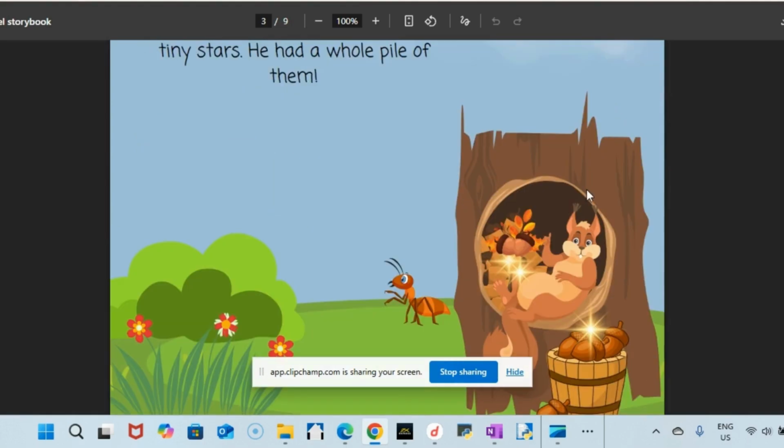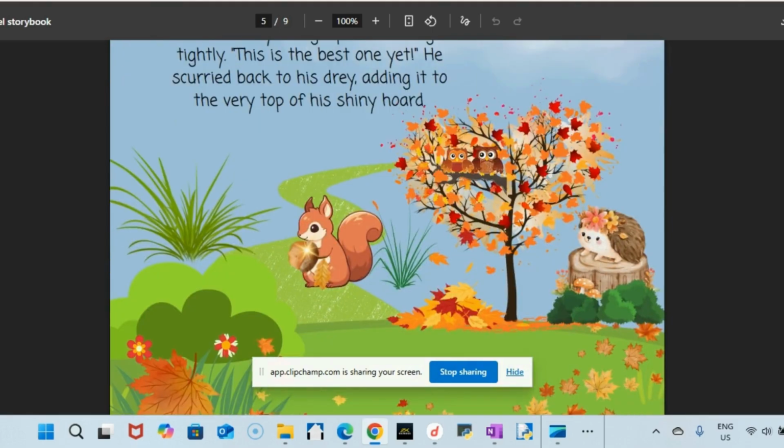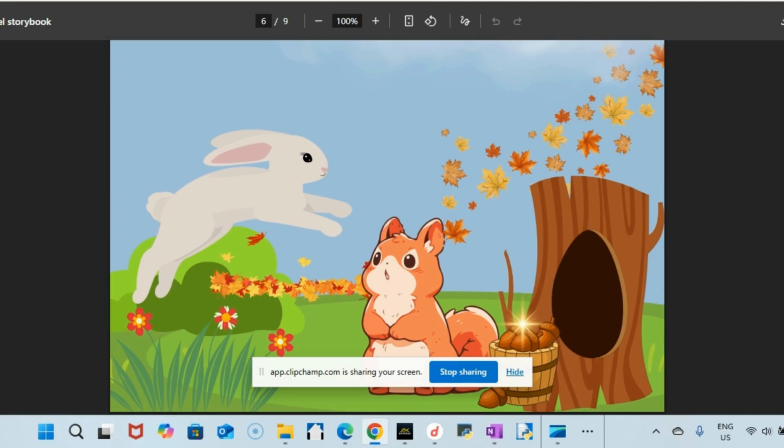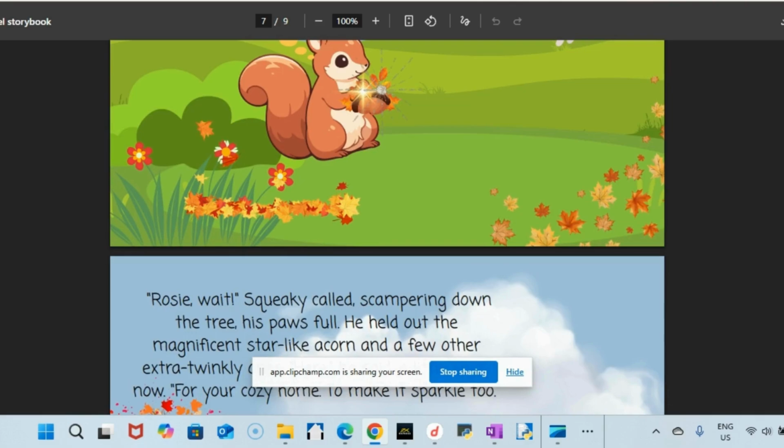Okay, and oh, my system is all right. So this is it. 9 pages. Isn't this colorful and nice? Okay, and there you have it, your very own AI assisted, beautifully designed children's storybook. How amazing is that? So, what do you think? Creating a children's book using Gemini and Canva, totally doable, right? This is such a rewarding process. So, whether you're doing it for your grandkids, as a personal project, or even thinking about selling your creations on platforms like Amazon KDP, or your own website,